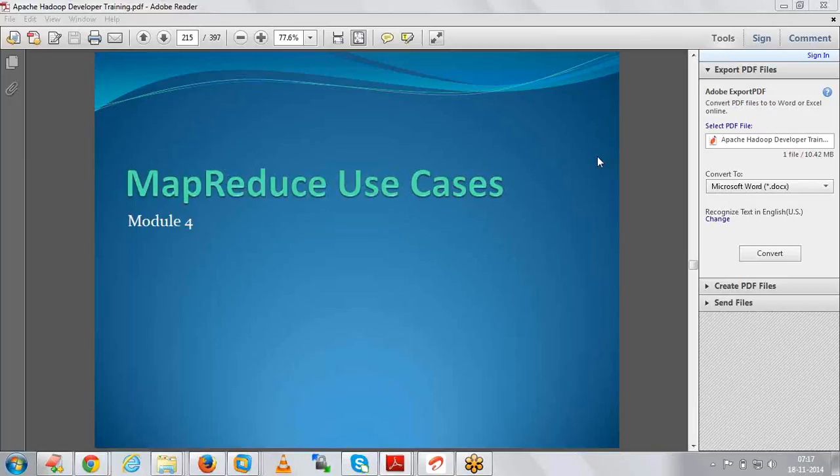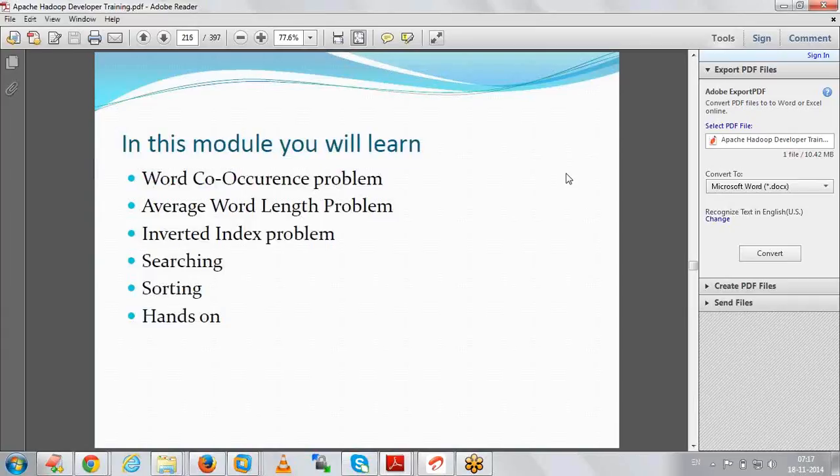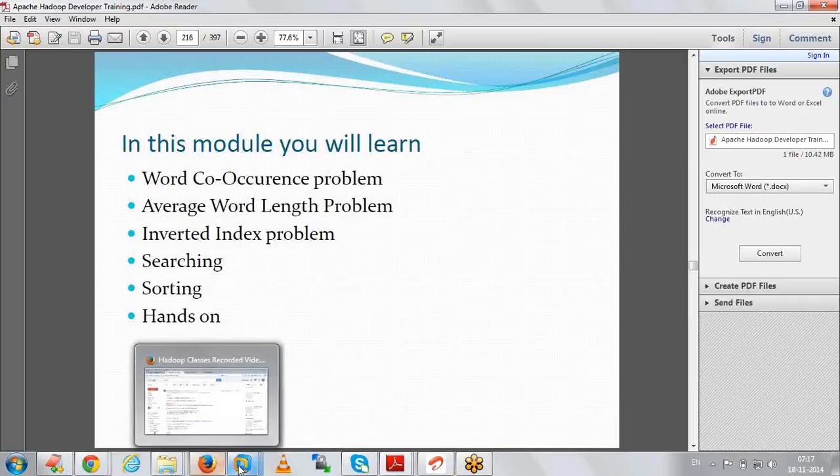We have a few more similar programs, so we'll practice those, and we'll also discuss two concepts, combiner and partitioner. Before going to that, yesterday